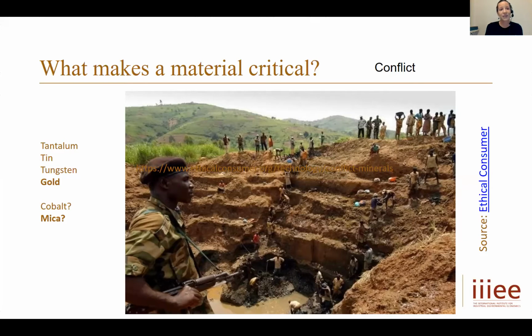And that's what we think of with gold. Increasingly, it's looking like mica might be on a list. Again, that's not a critical material, but might be a conflict material where you can't be sure that it doesn't come from a conflict area. But then there are some where there's overlap between conflict and critical materials, like tantalum, tin, tungsten, and cobalt, which is due soon by many